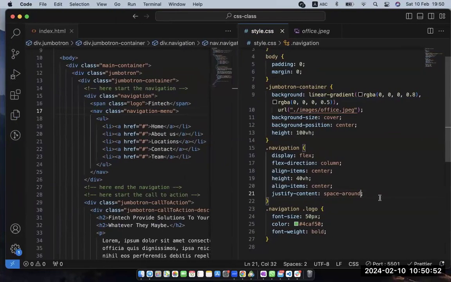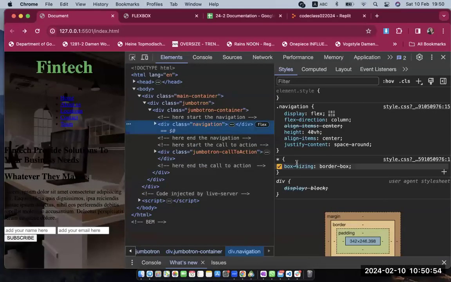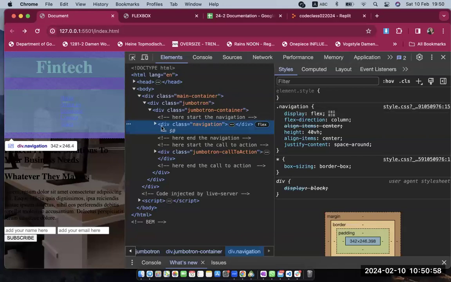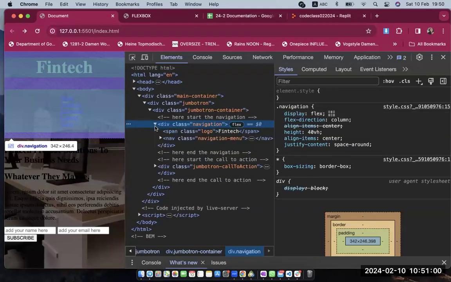Do you guys know what space around is? So it will be centered in the center of the box, it will leave space around, no? Yeah. So basically, if you do justify content space around, it will take all